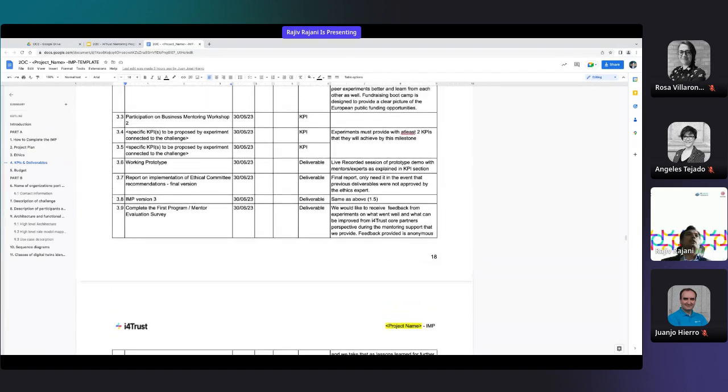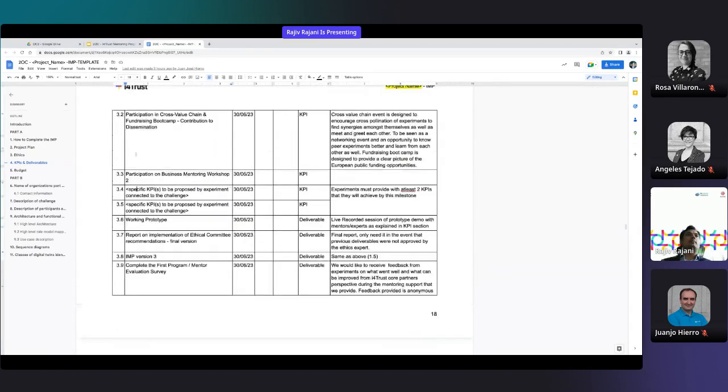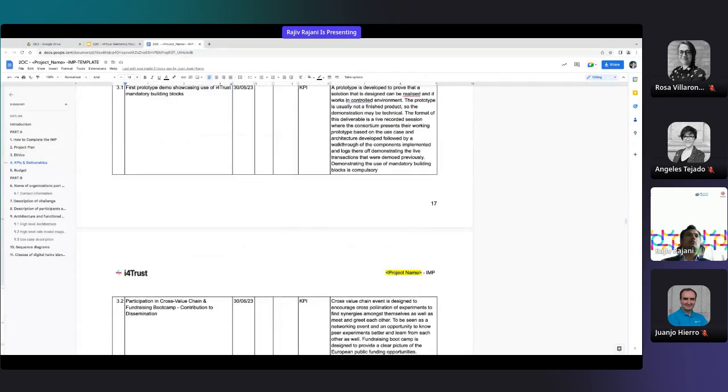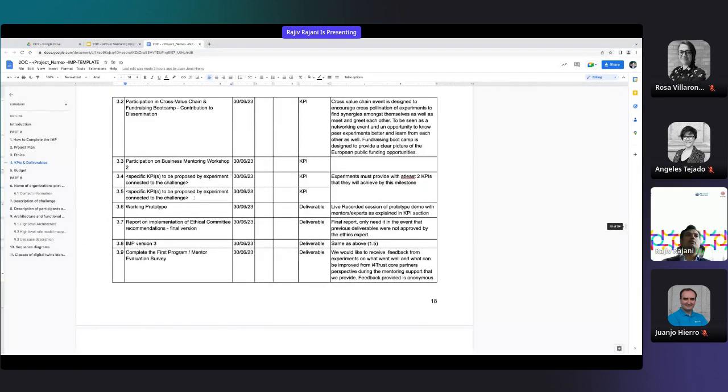One thing to know is that for milestone 3 and the final milestone, we have project-specific KPIs, which we expect you to set yourself in this document before the first version is delivered.